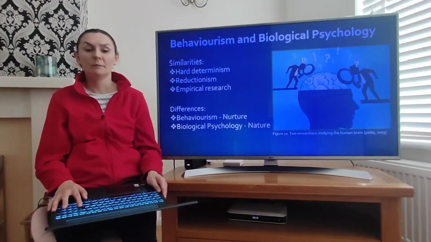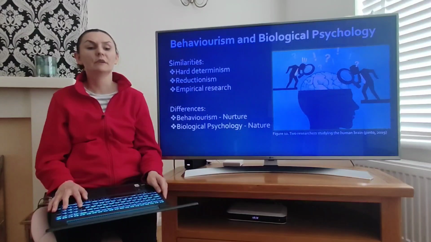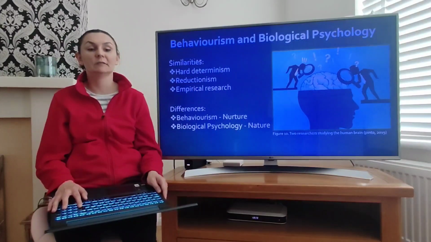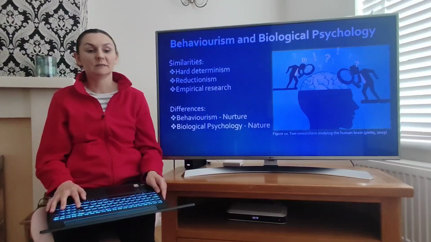Number three, empirical research. Empirical research relates to the methods used in the research process to collect the data through experiments. Behaviorism research was based on lab-controlled experiments performed on animals and later on humans to observe and analyze, for example, the Little Albert experiment. Biological psychology research method was based on collecting and analyzing data from patients, behaviors and abilities such as speech, and performing post-mortem examinations to support the research findings. For example, Paul Broca's experiment on a patient named Louis Le Bon.